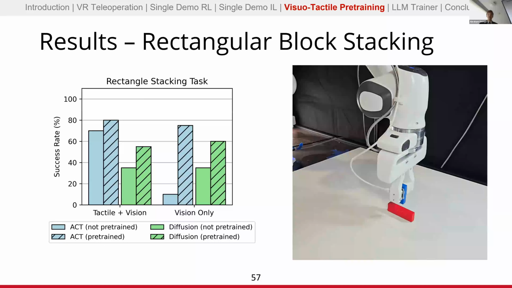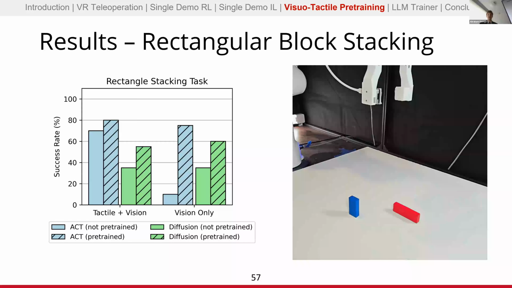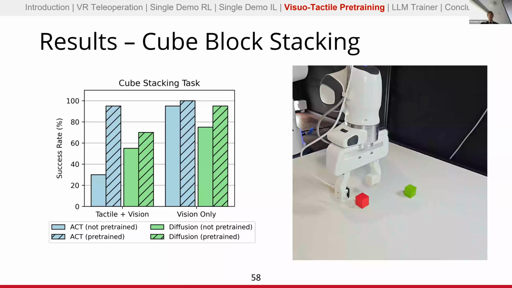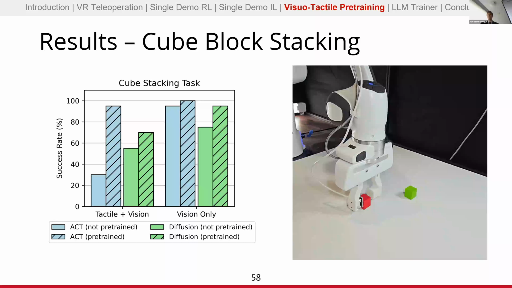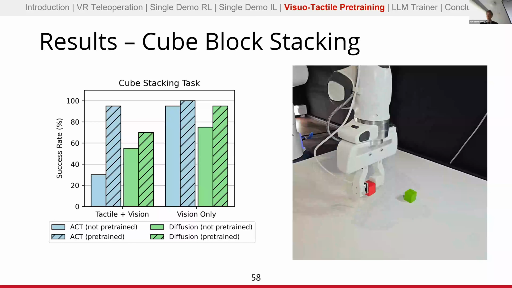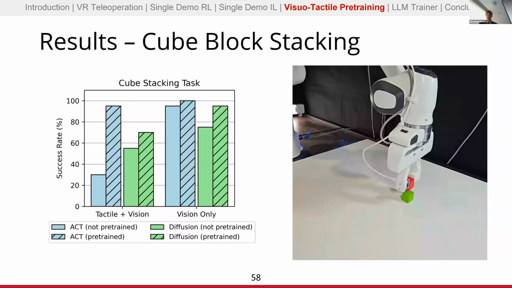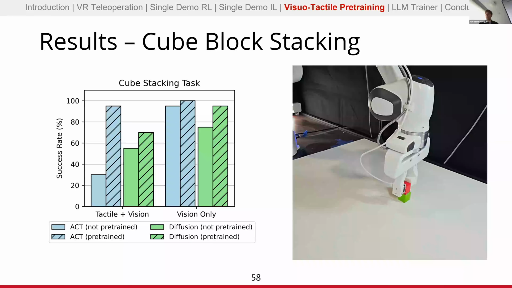So in addition to pushing down too hard, for the cube stacking task, sometimes the robot just gets caught above the cube and doesn't quite move all the way down or doesn't close the gripper all the way. It'll try to pick up and just not be fully grasped. We only used 100 demonstrations for training this. So a lot of these failure cases were just the limitations of what the imitation learning agent can do with only 100 demonstrations.